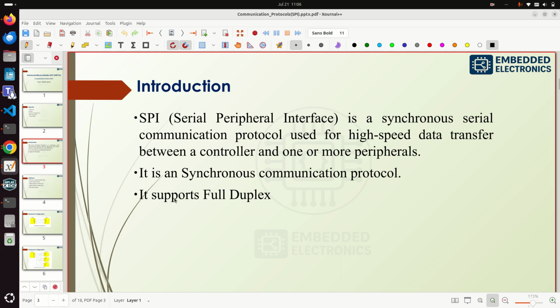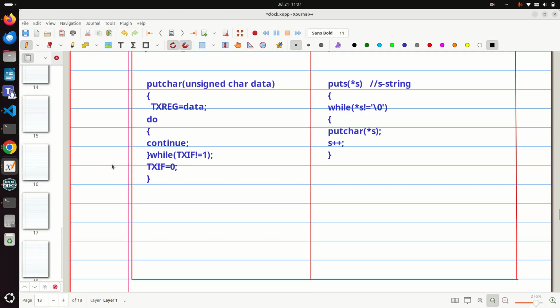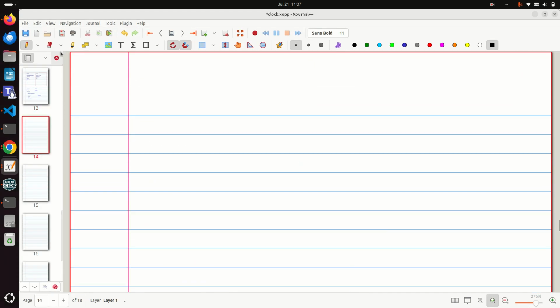Communication happens between two ICs or two chips in this SPI protocol. Two-way communication means full duplex communication, so both parties can communicate at the same time. Because of this it supports two-way communication, so it should have two